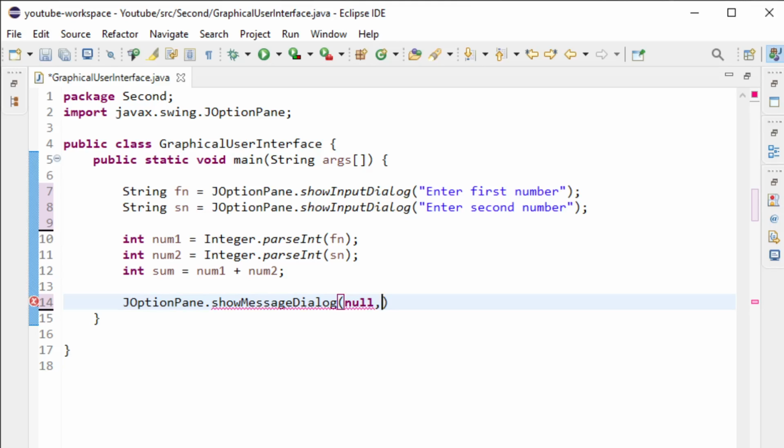Okay, the second one is what we want to display. So we want to display a message, and I'm sorry for the noises. The sum is, let's give a little space there, sum, and the third argument is the title we want to give to our message box. So let's keep it the title. And now the fourth one,